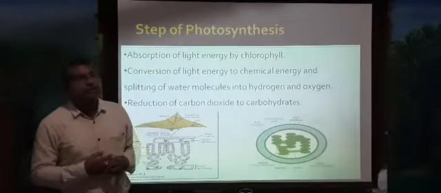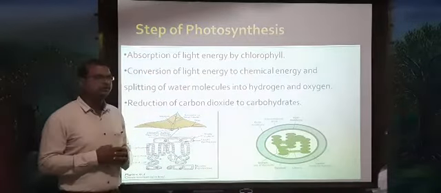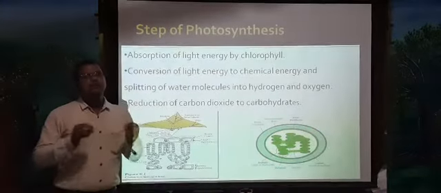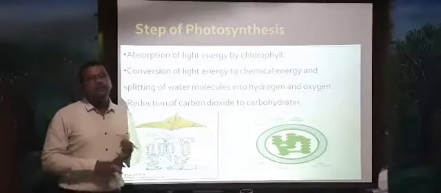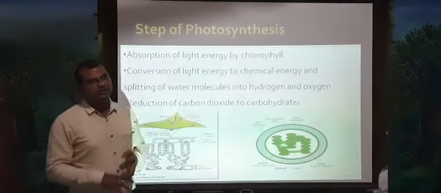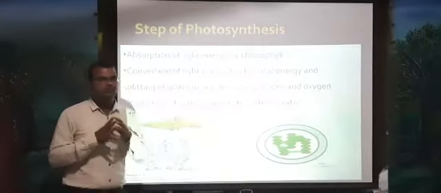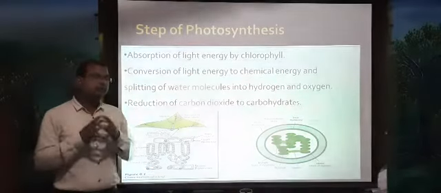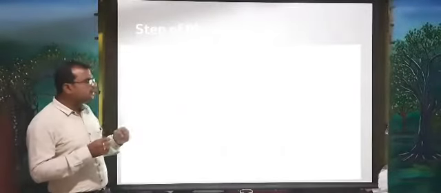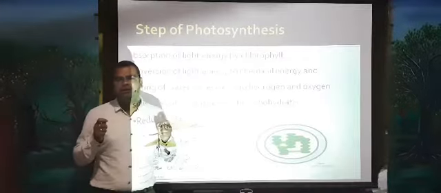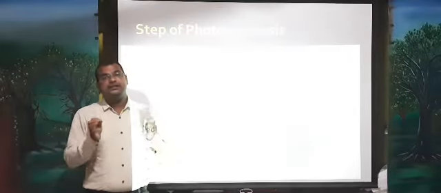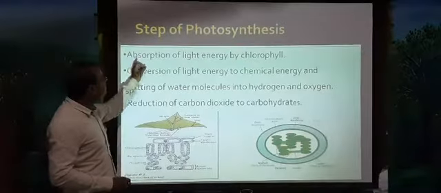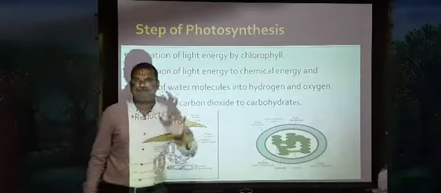We have discussed what photosynthesis is. Photosynthesis is nothing but the preparation of food in the plant body by using carbon dioxide and water, in the presence of sunlight and chlorophyll. That is called photosynthesis, which we discussed in the previous class, and we discussed the chemical reaction also. Photosynthesis is a complex process, and it takes place step by step in the plant body. The first step is the absorption of light energy by the chlorophyll.